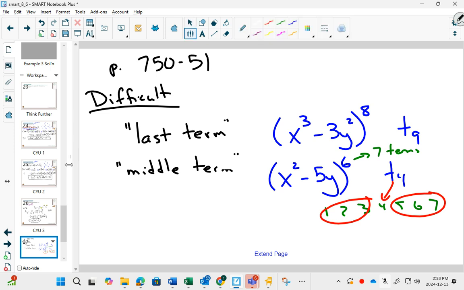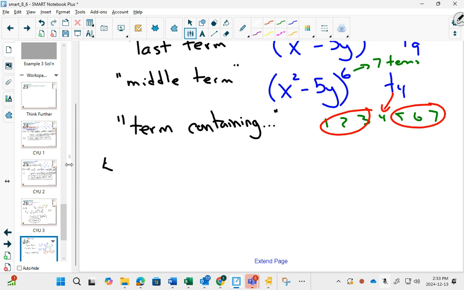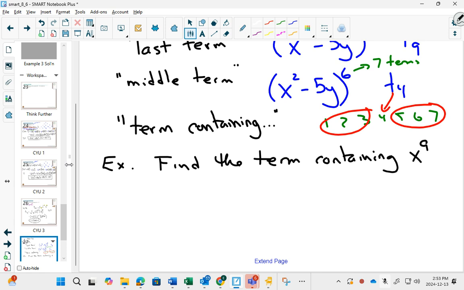Next level of difficulty is questions that say, find the term containing. So I'll do an example of one of those. Find the term containing an x to the 9 in the expansion of